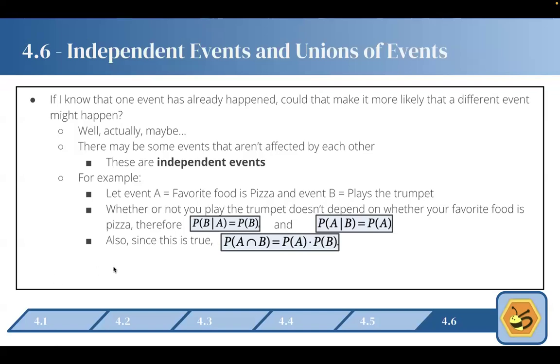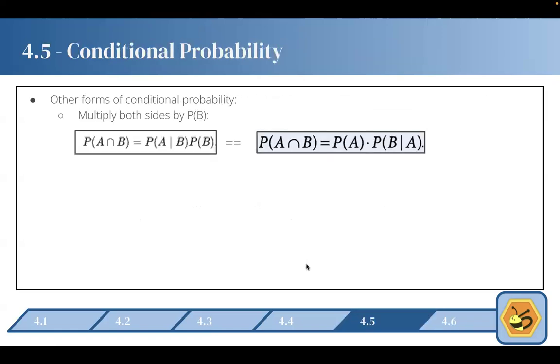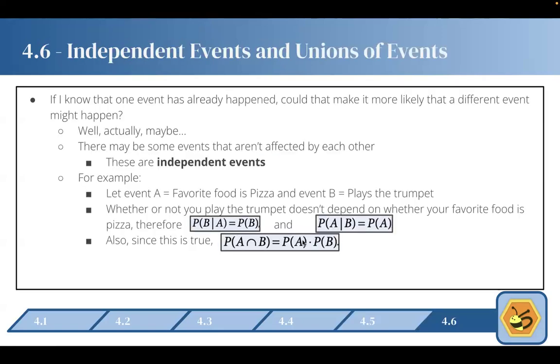So let's take a look. We also said that since this is true, the probability of both of them happening is just going to be both of them multiplied together. So what we had here was this, but if we know that they are independent, then this term would just go straight to be P of B, the probability of B happening. So with that, we can say,